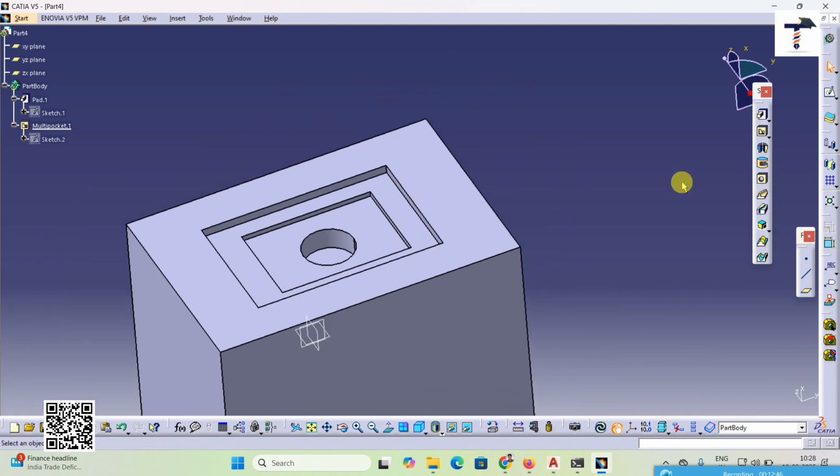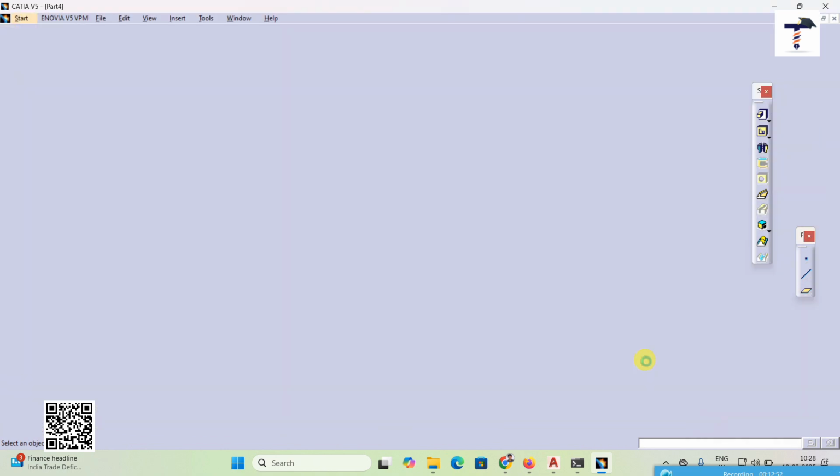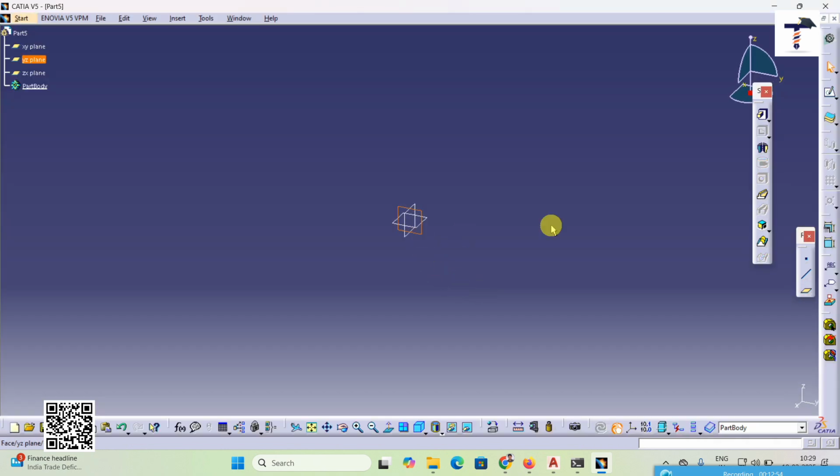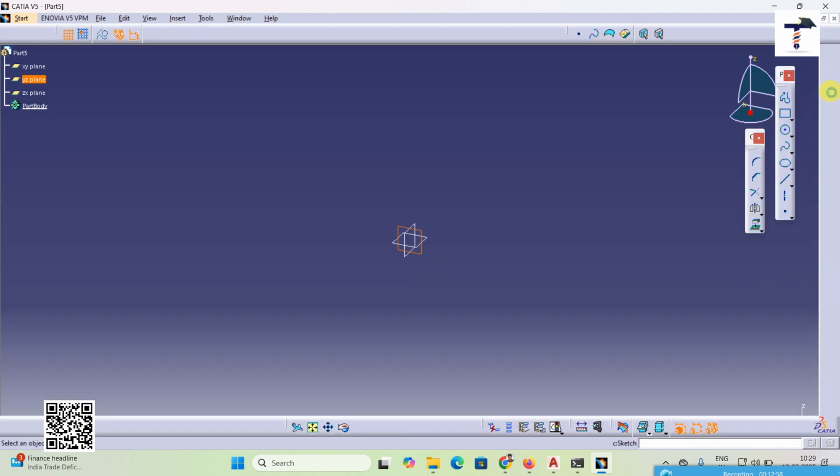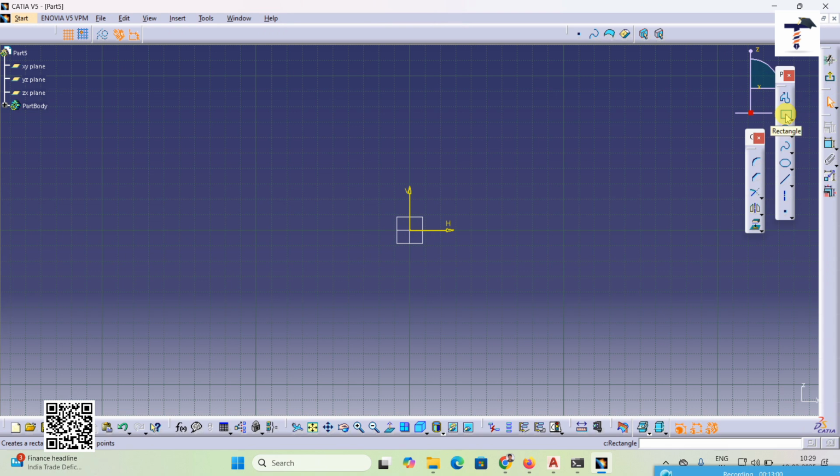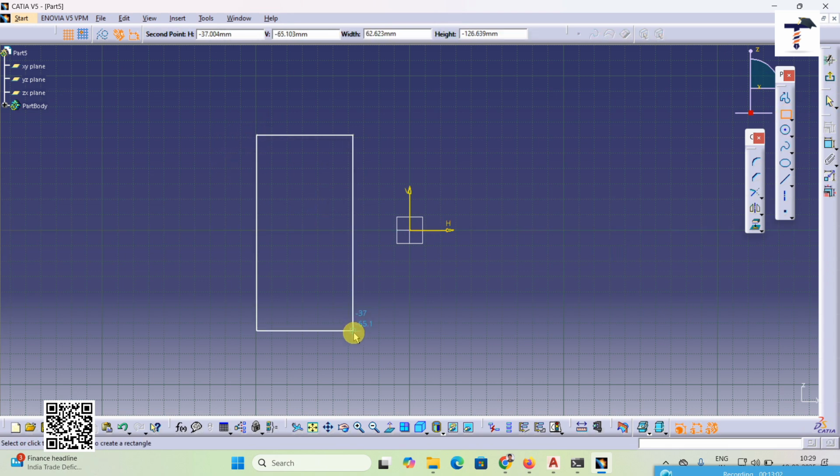Next is shaft. Shaft means, with respect to any line or any axis, this one is rotated. So suppose select this YZ plane and then go to the sketch option. Select this YZ plane and then go to the sketch option. Create here one,